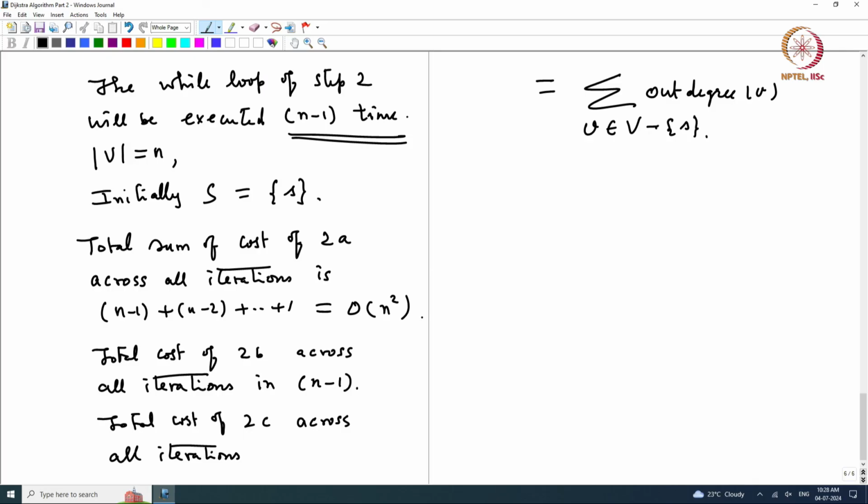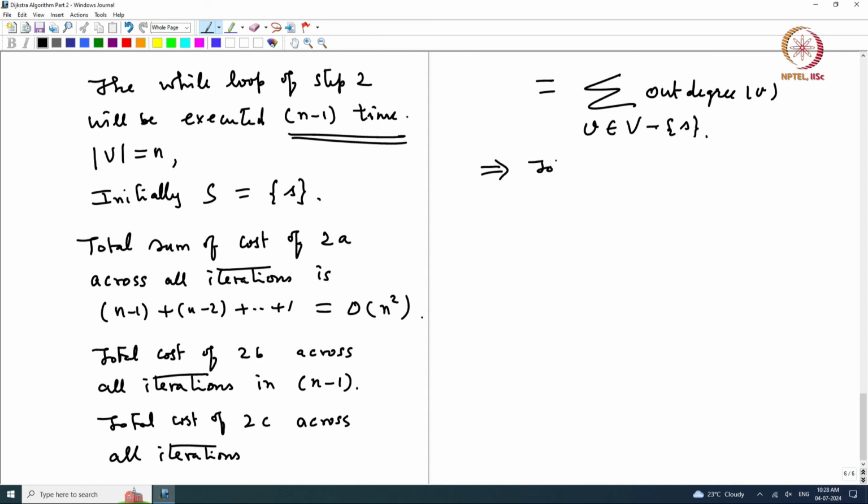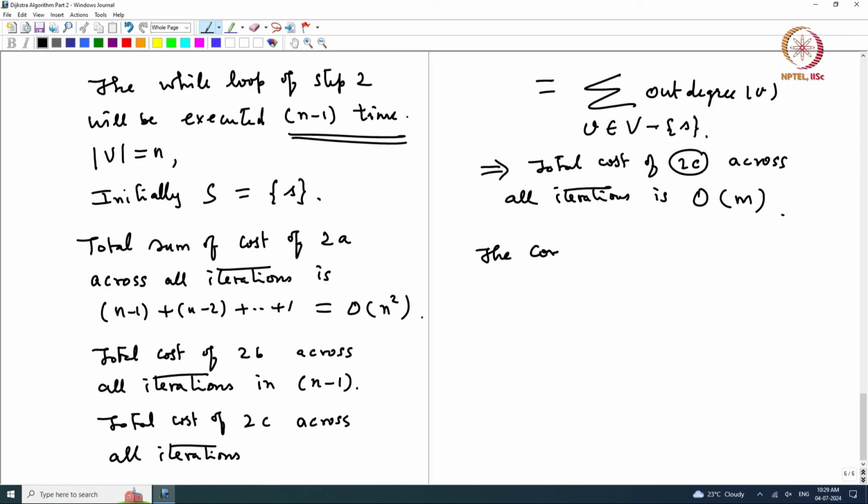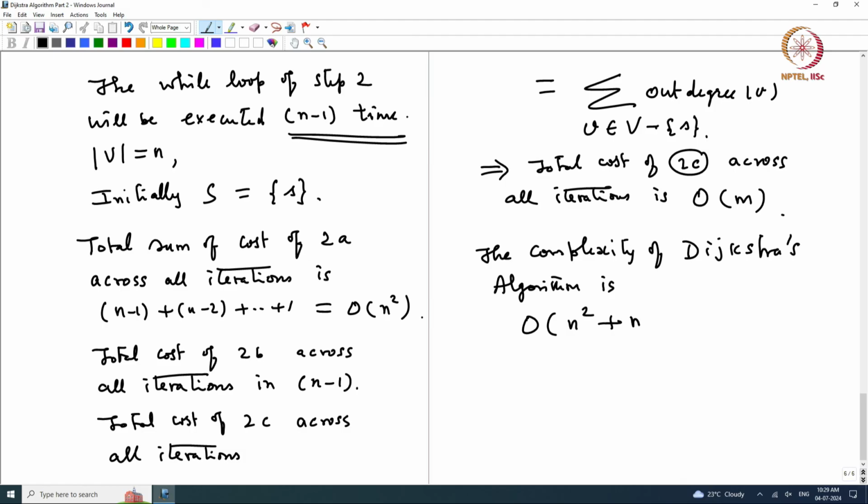Recall from our introduction that the out degree sum is exactly equal to the total number of edges. That implies the total cost of 2c across all iterations is order m. Therefore, the complexity of Dijkstra's algorithm is order n square plus m,